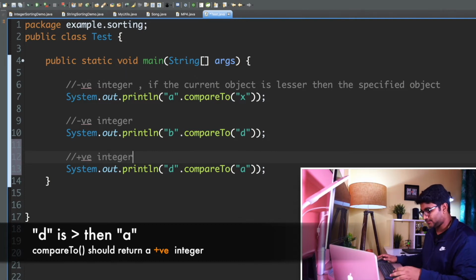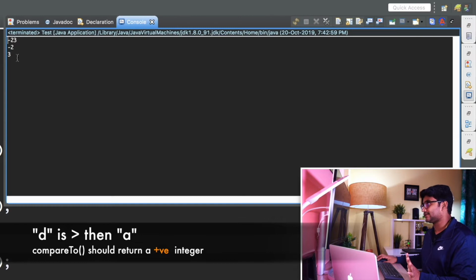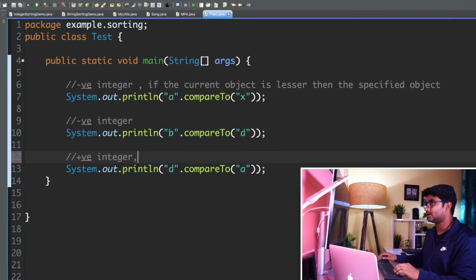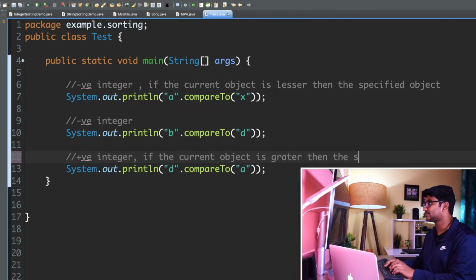So if I save it and run this, okay, it's a positive integer, 3. It doesn't have any minus symbol, so I can say positive integer if the current object is greater than the specified